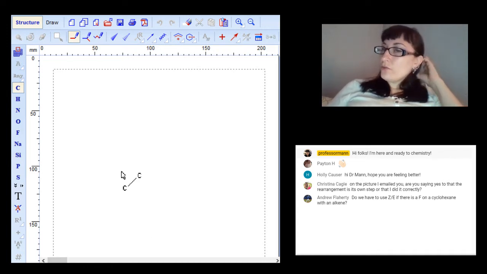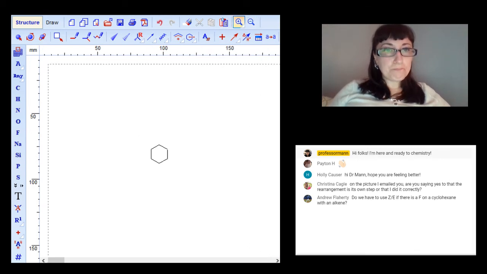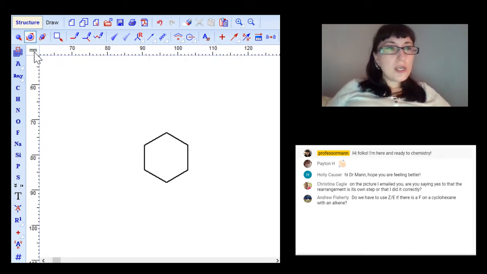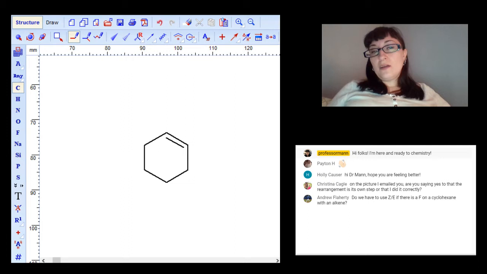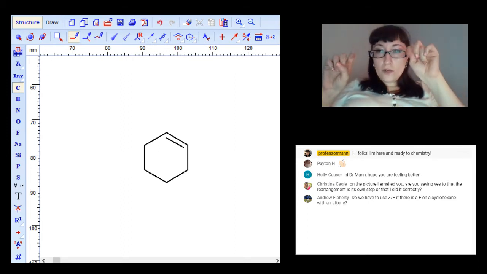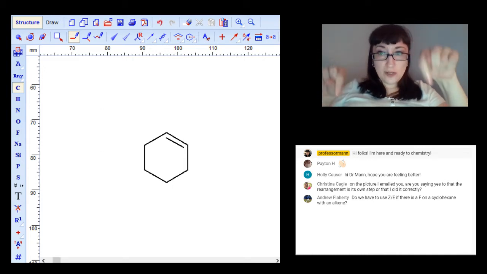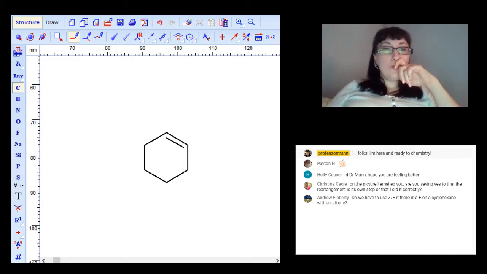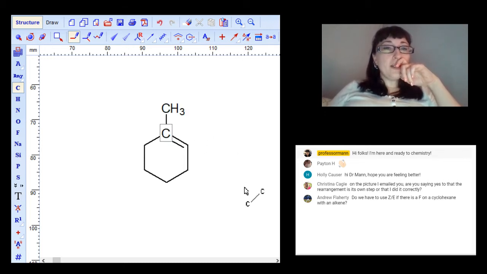So, Andrew, if you remember yesterday morning, I talked about how you can't bend a ring. There's no rotation around that. So if you look at that, it means that the two carbons on a ring are always going to have to be cis to each other. They're always going to have to be on the same side of the double bond, pointing in the same direction. So if you put anything on there,